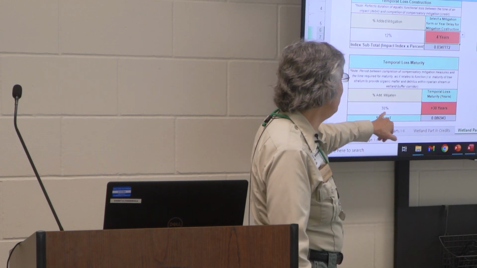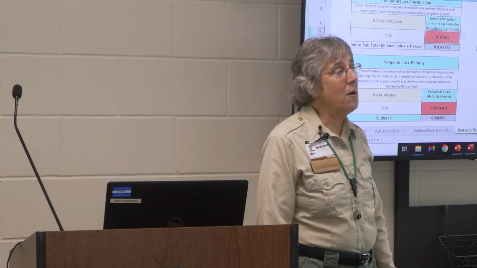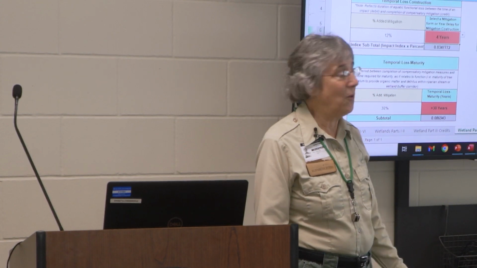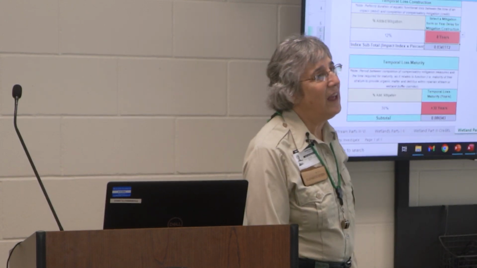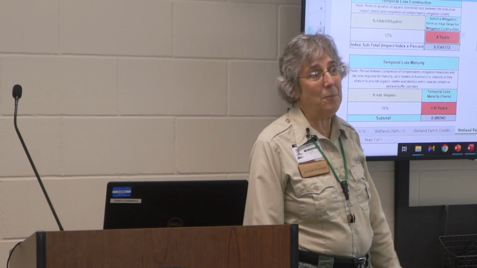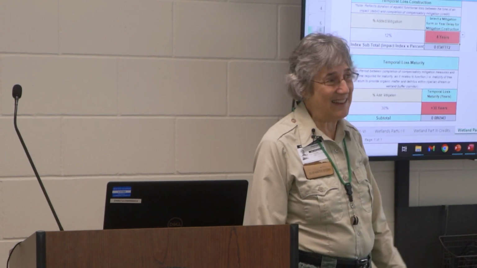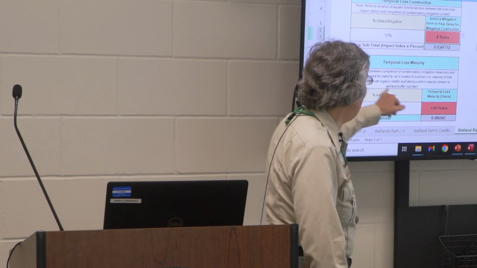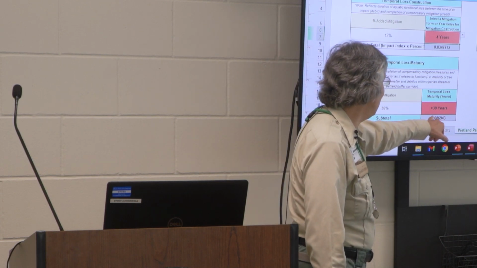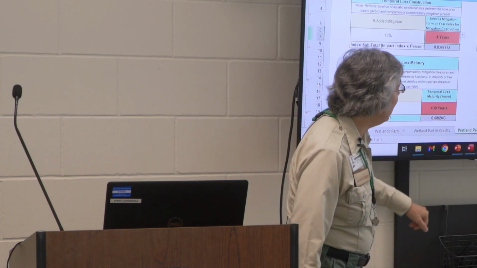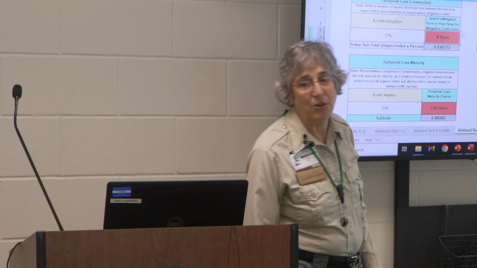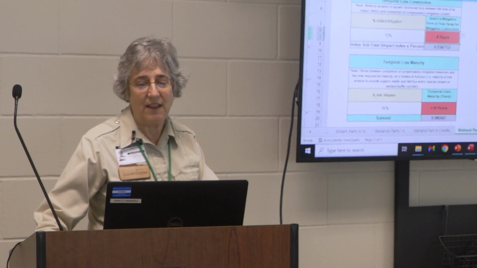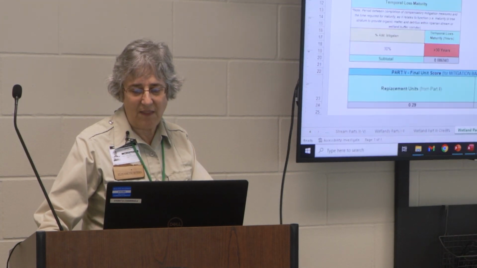Temporal loss to maturity. This was a forested swamp. It takes a minimum of 40 years. I think this will be corrected from 30 to 40 on the final. To get a forested wetland back, you don't get one overnight or within your 10-year monitoring period. So again, there's a penalty associated with that of 0.08. For long-term protection, we're assuming that the new site will be under long-term protection, so there's no penalty there, 101 years. And so then the final